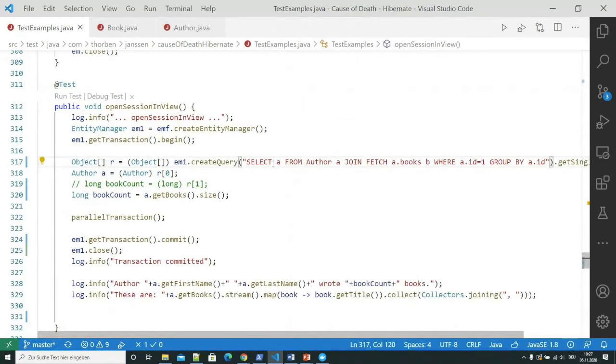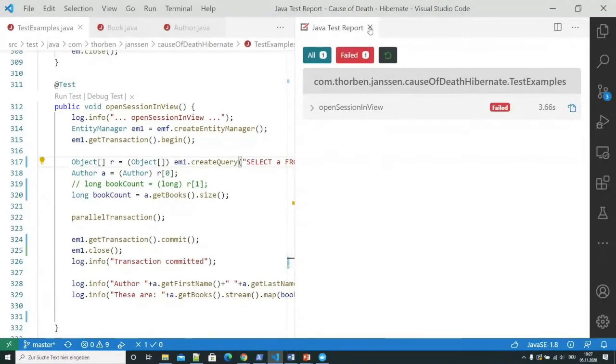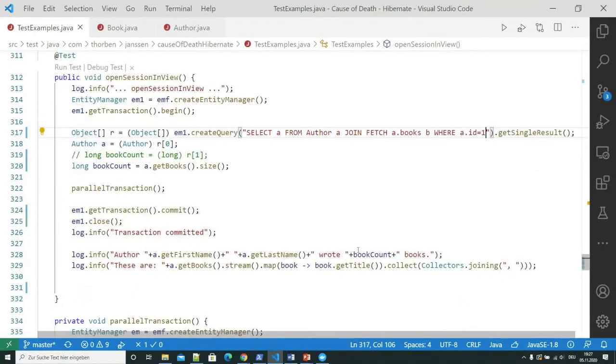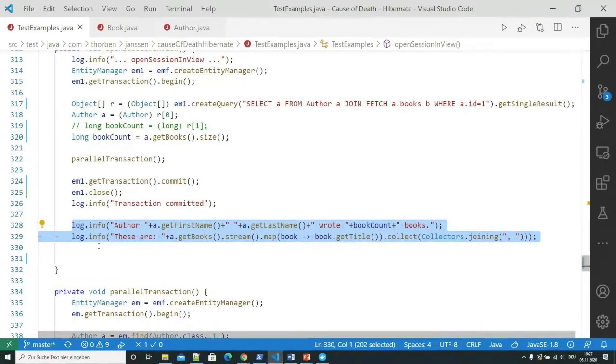We are now join fetching the association from the authors to the books, and we are making sure that the association we are using in our log messages is fully initialized, so that we can then close the session after our business logic was completed, and the view layer, which I here simulate with 2 simple log messages, then just works on plain Java objects without any additional lazy fetching.